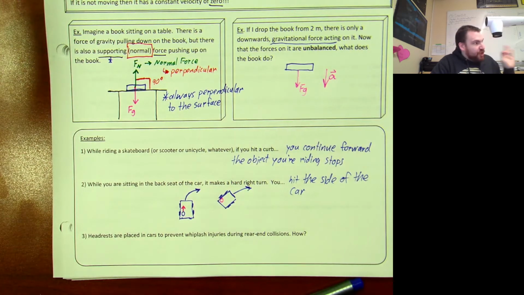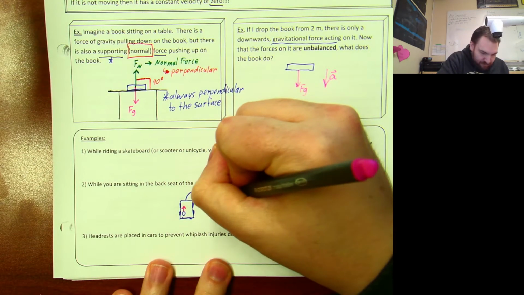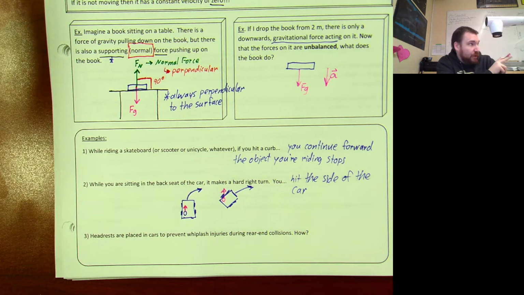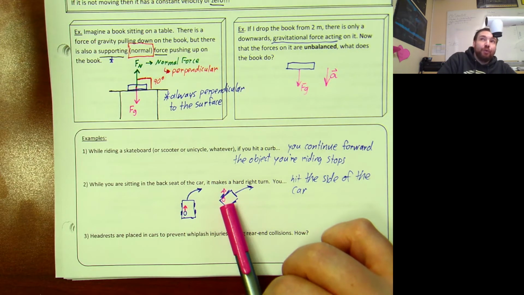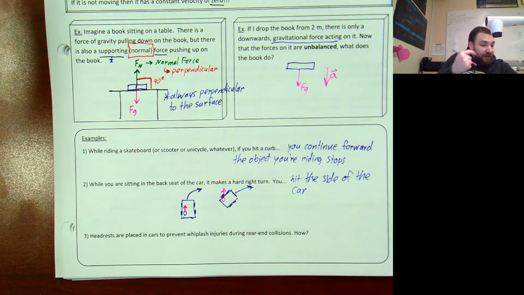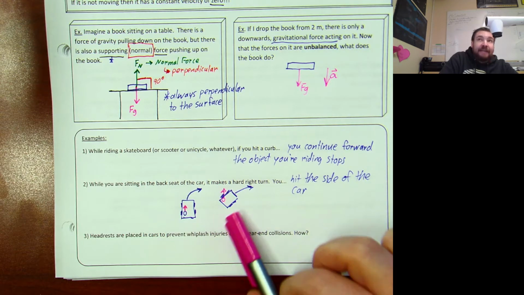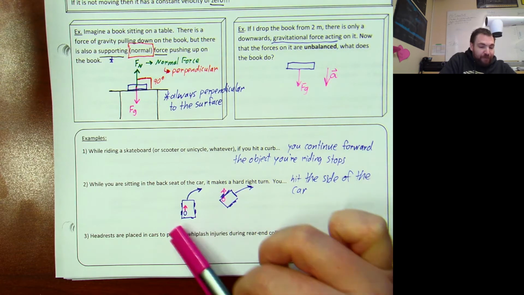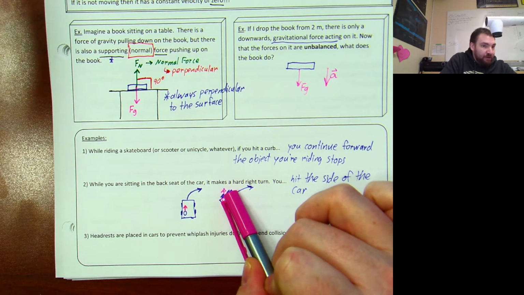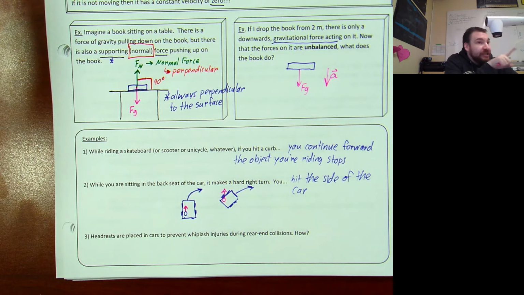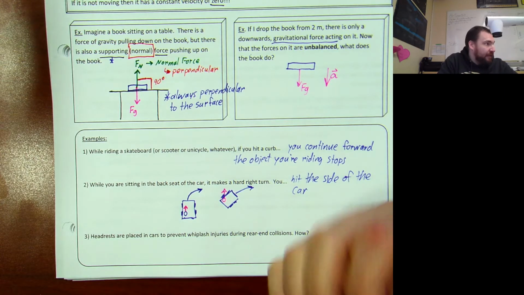Your body does not go the opposite way. Nope. Your body continues the way it was already going. You keep going the way you were going before. You're going to keep doing what you were doing, but the car around you has changed. The car is now making the corner. So you wanted to continue going forward, and the car says, no, we're turning around you. It doesn't throw you into the side of the car. It throws the side of the car into you, because it puts itself in your path.